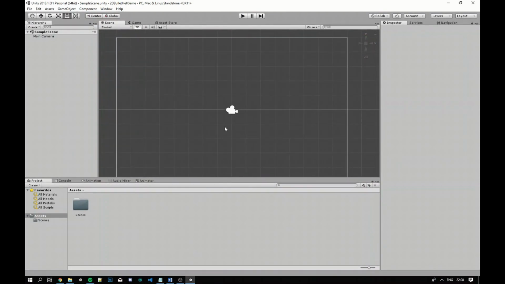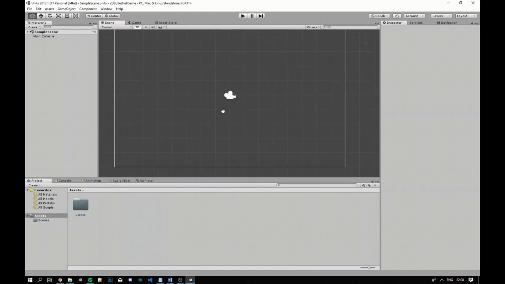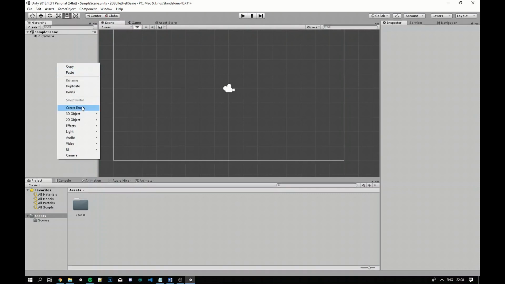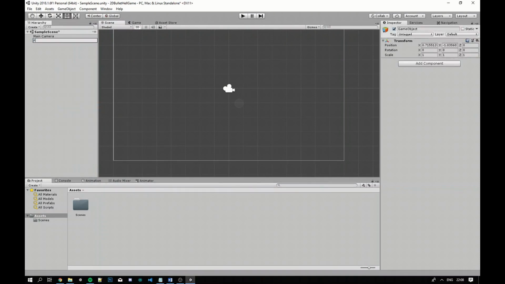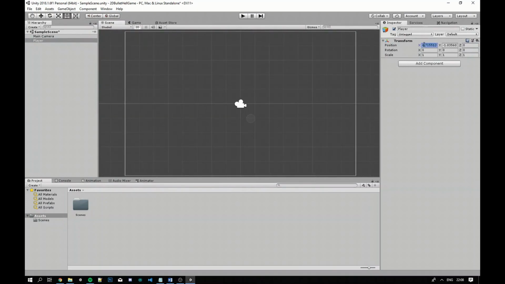So here's our project, and we have a 2D UI because we selected a 2D camera mode, but we can toggle between 2D and 3D. So let's right click here and F2 to rename, and we'll call this player. This is going to be our player game object. We're going to zero them off to the origin,